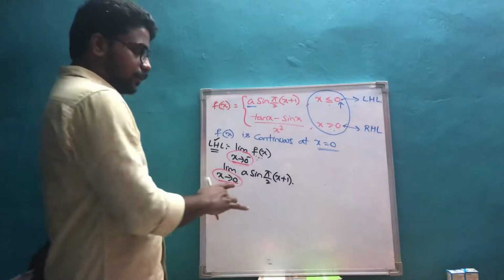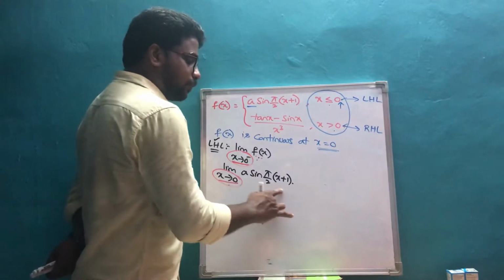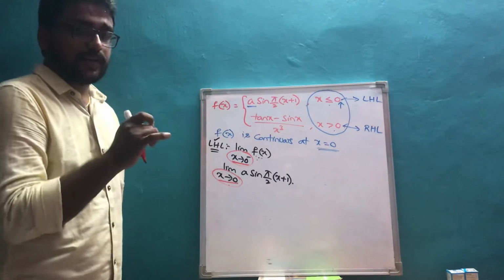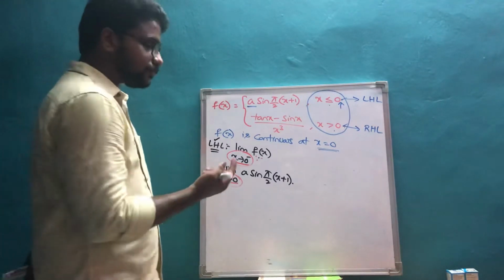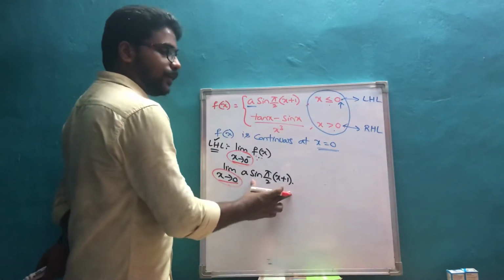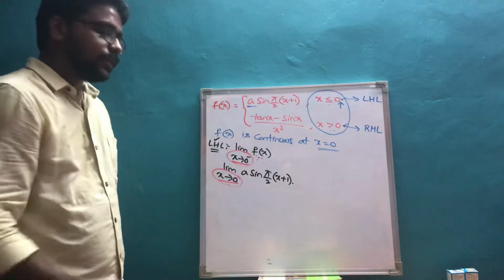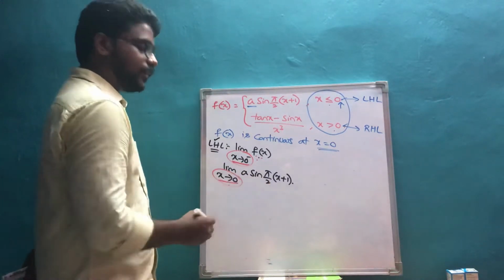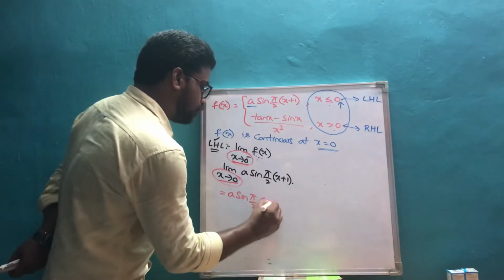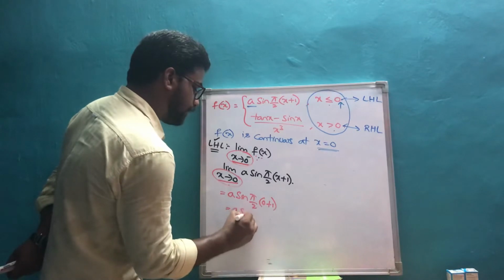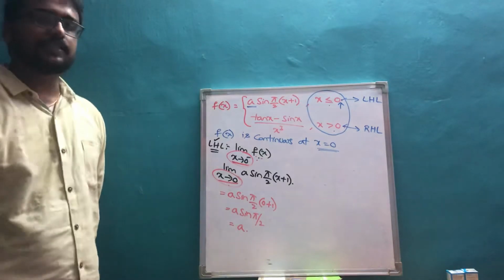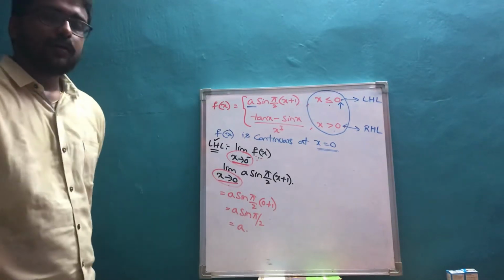And one more thing here, you can observe here there is no denominator at all. I told you before itself, the reason for getting infinity is having 0 in denominator. So you can just observe here, there is no denominator at all, so there is no chance of getting 0. Straight away substitute the limit value in the function, you will be getting a sin pi by 2 of 0 plus 1, you will be getting a sin pi by 2, that is nothing but 1. A into 1, it is a, because sin 90 is nothing but 1 here.